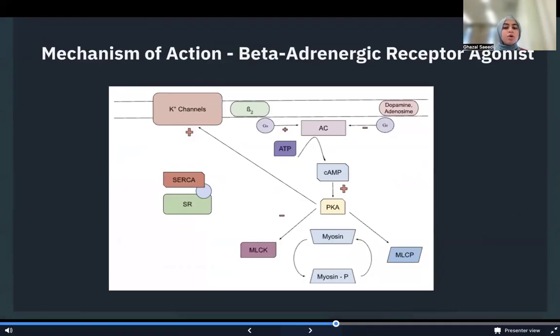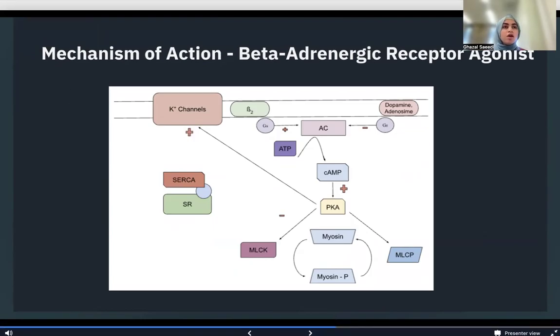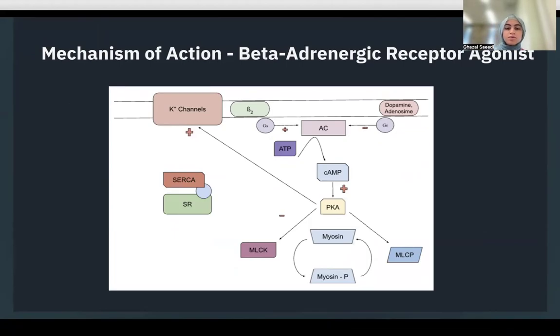Isoproterenol is a beta-1 and beta-2 adrenergic receptor agonist. While the activation of beta-1 receptors affects cardiac functions, beta-2 adrenergic receptors are located mostly on the smooth muscles and the vasculature, and their activation leads to vasodilation. In this experiment, an increase in the weight change and drip rate following perfusion with the Ringer's solution containing isoproterenol was observed. This suggests that isoproterenol